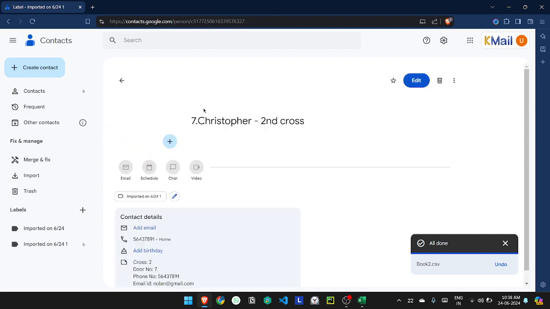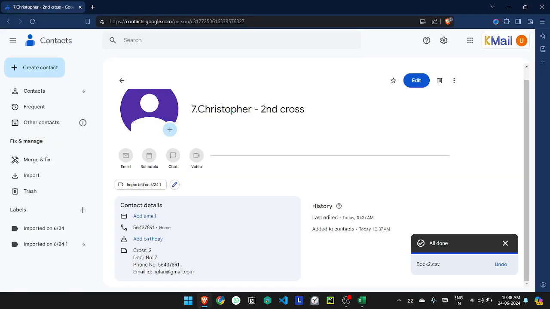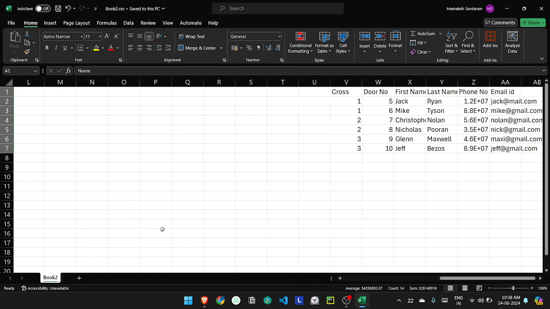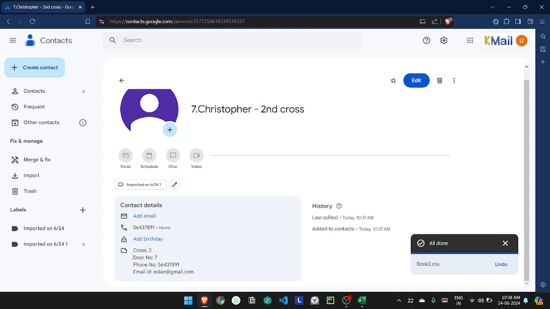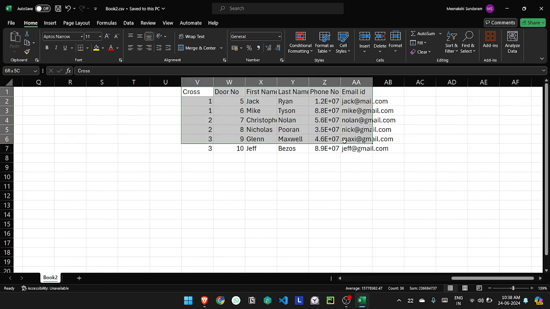While I'm clicking on this contact, all this information, the cross, door number, phone number, email ID, has been saved here somewhat like a description, which means the relevant information, the phone number, is displayed here, and the unnecessary information present in that same row, these things present in the same row, has been considered as additional information, so it is saved in additional notes. But in case we have moved